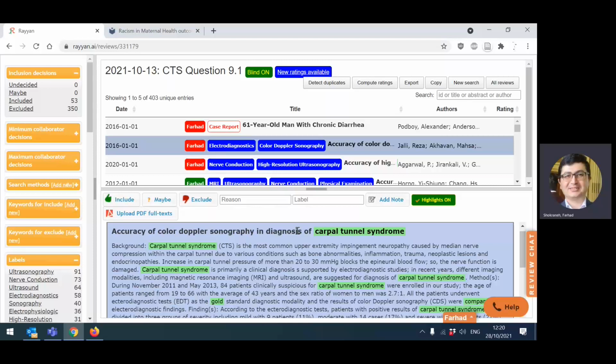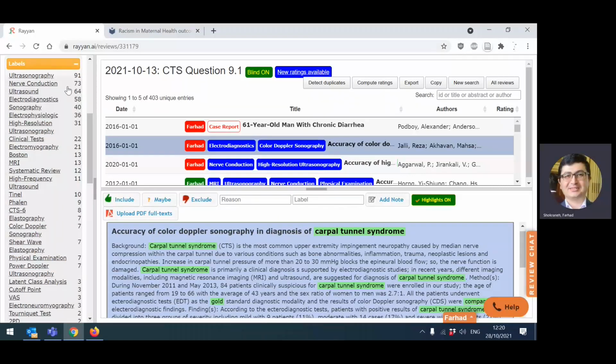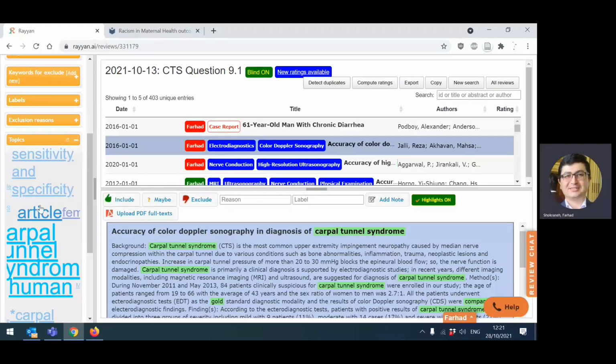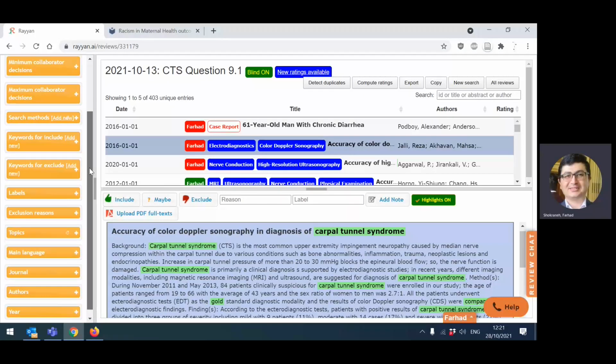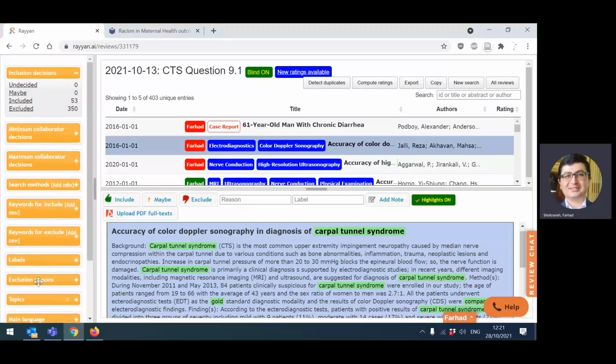And that could be helpful because then you will have kind of a scoping or map of the records that you have. It is helpful in narrowing down your research question or your systematic review if you are out of time. And you could easily click on each one of them and see the relevant papers to a certain label. It also provides you with a map and a cloud, a tag cloud that some people find useful to report in their papers. Exclusion criteria are being recorded, and you can see your progress,